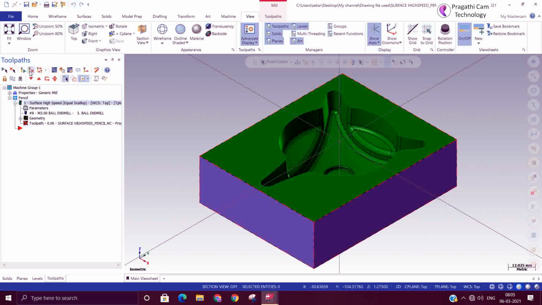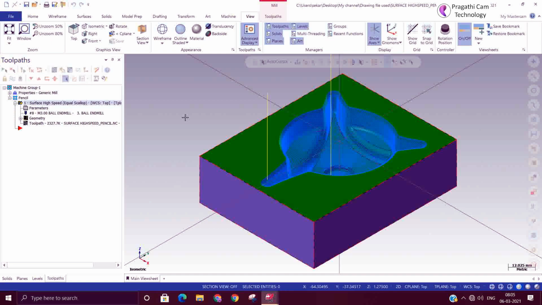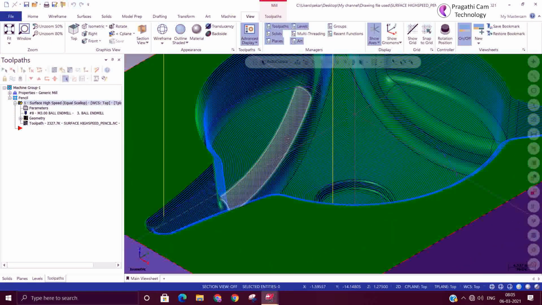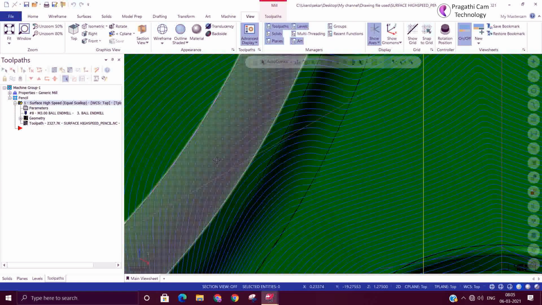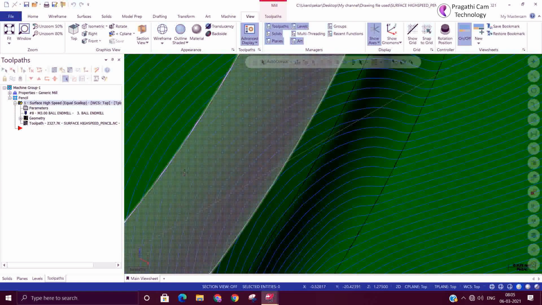So it's better to always check your plane before starting your toolpath. Sometimes this may happen unknowingly. Now you can see the toolpath is made smoothly.